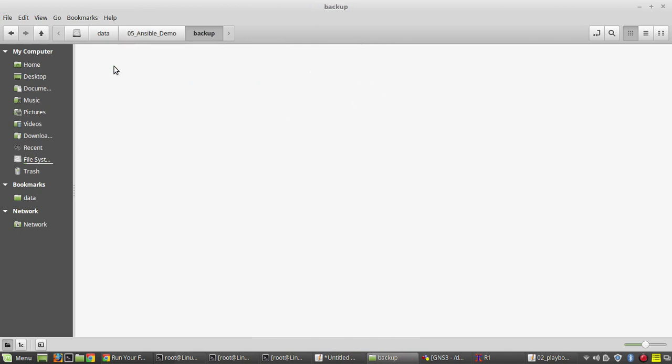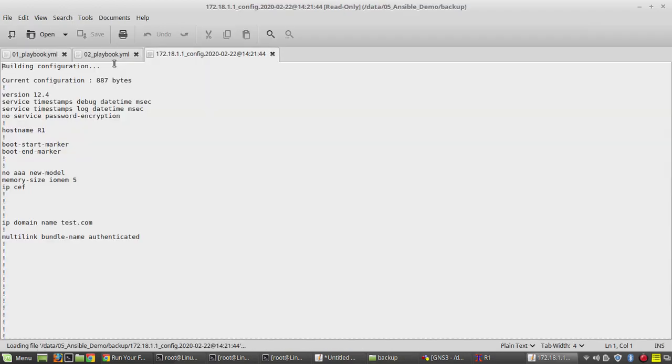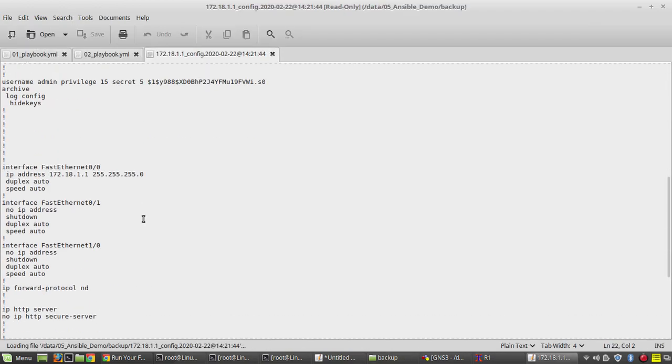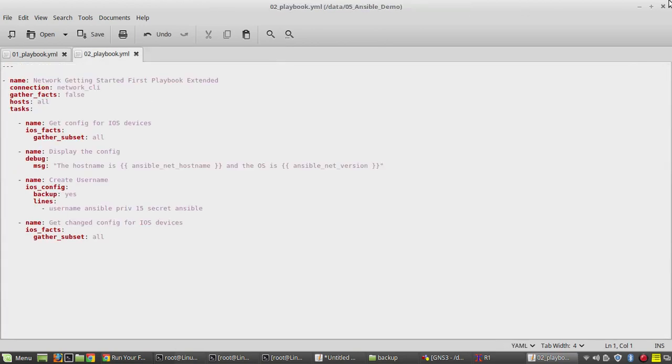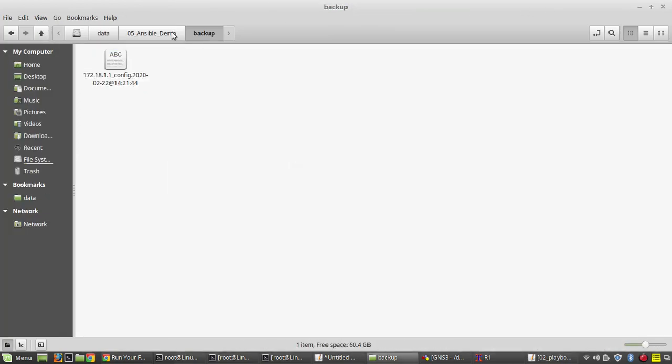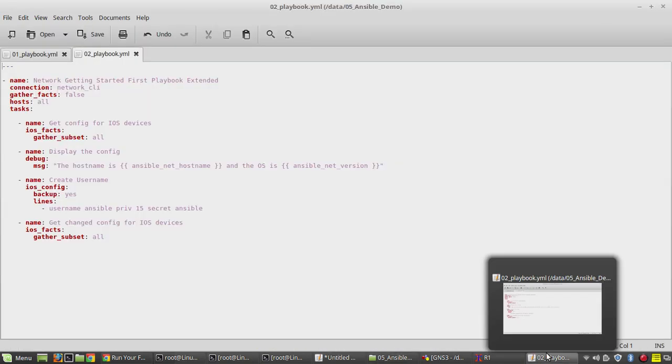So you can see here it has taken the configuration backup before making the changes. Ansible has created a folder called backup because I have given enable backup.